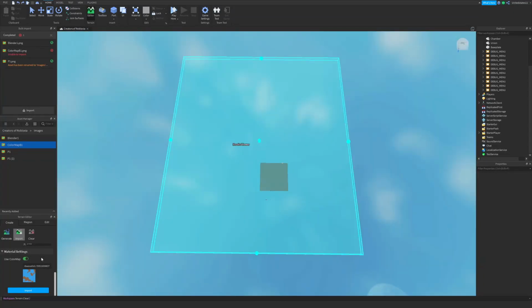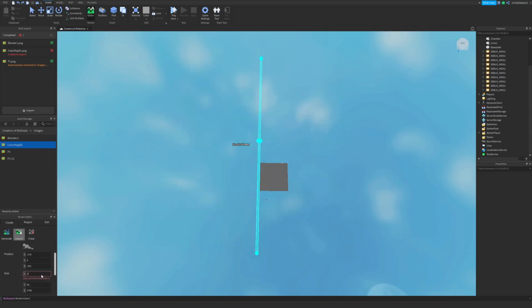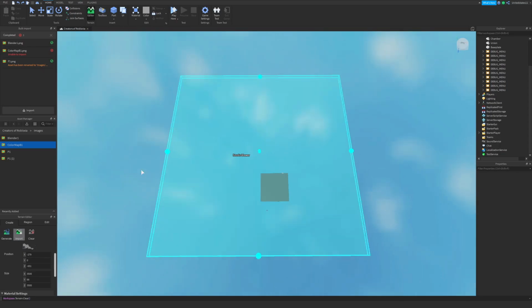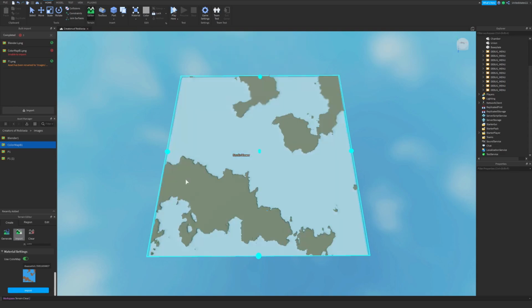So now I'm going to upload the terrain for our shed, and I'm going to keep it fairly small so we don't have like this giant map to work with. But I'm going to also keep it square, so I'm going to change our X to, let's say, 3500. And then once my little thing disappears, I'll change the Z to 3500. There we go, just had to copy and paste the value, but now we have a square terrain platform. We have our color map and height map loaded, and we're just going to go ahead and import it. This one shouldn't take too long.